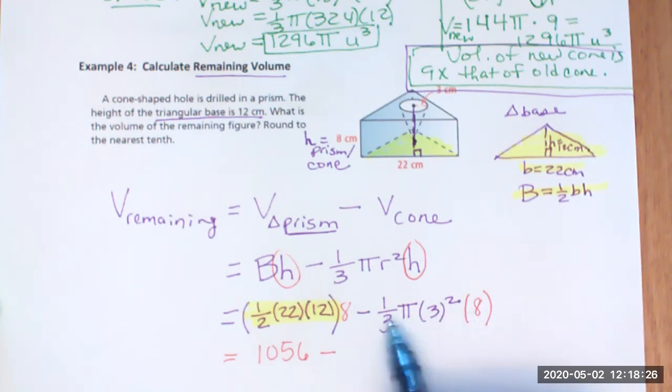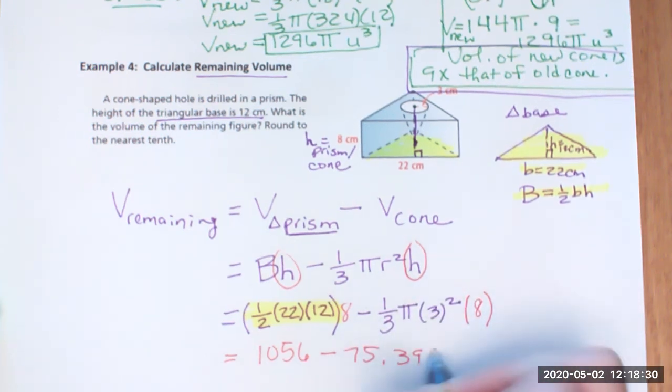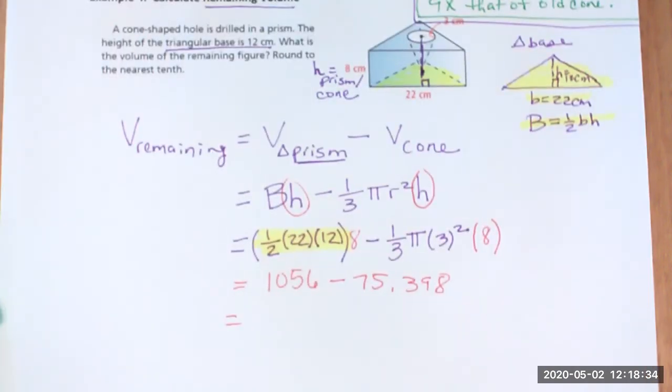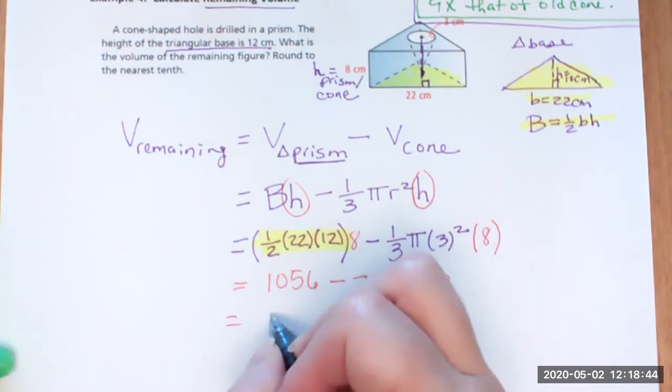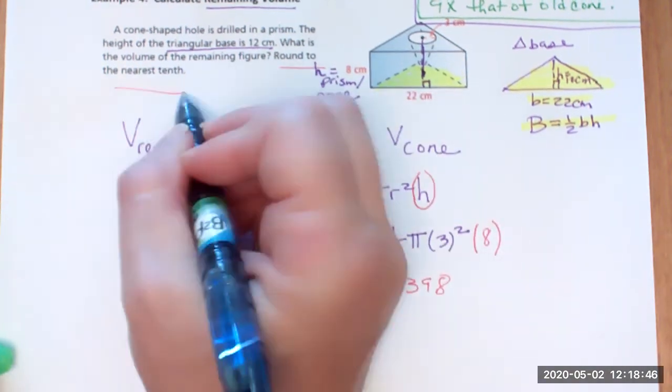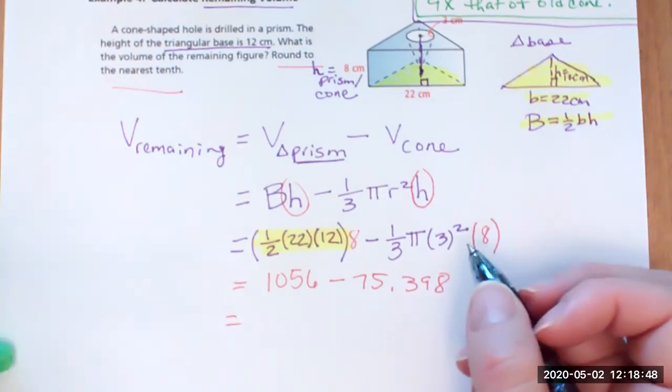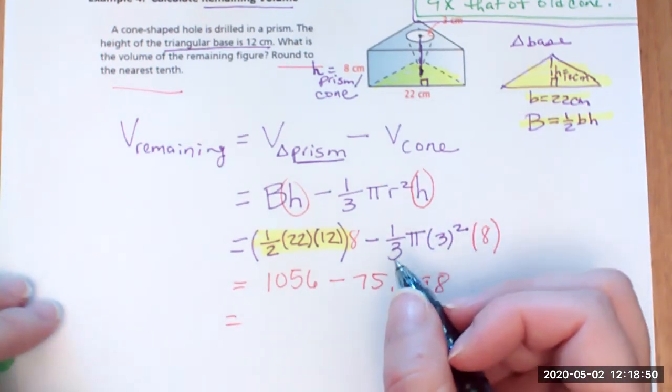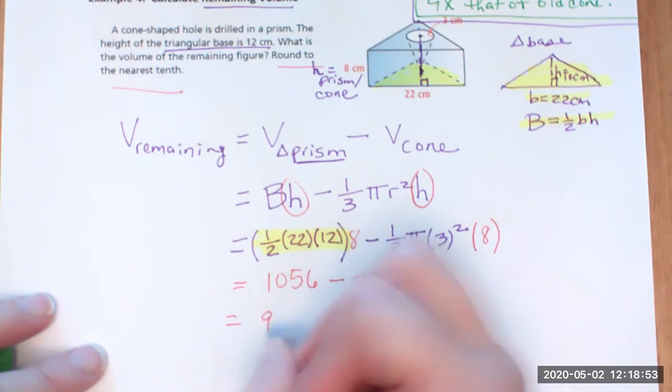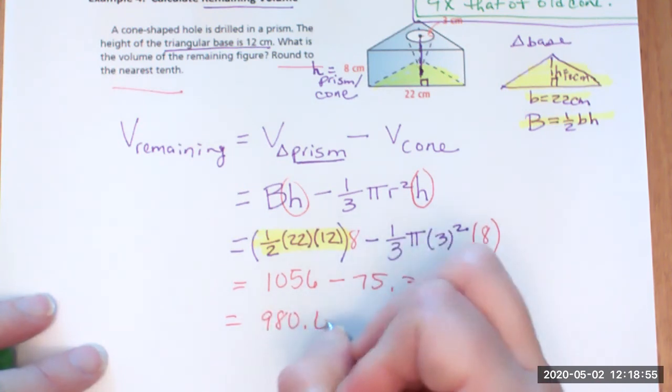And if I multiply that out, I get 75.398. Okay, and if I subtract 1,056 minus 75.398, it says round to the nearest tenth. On my calculator, I got 980.602, so I'm just going to say 980.6,